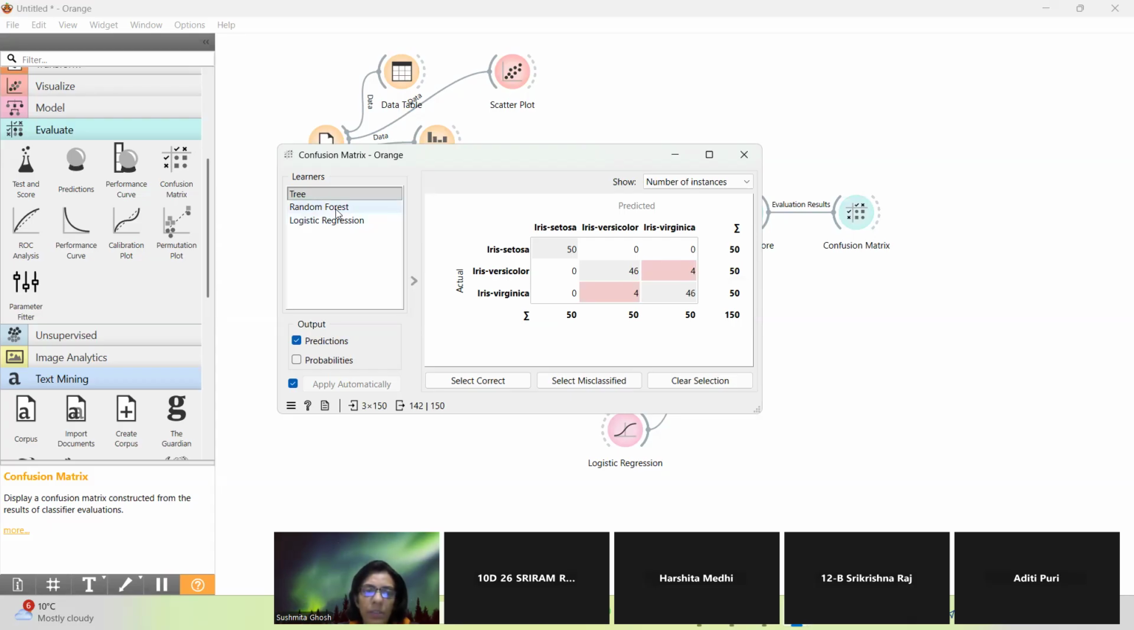Now let's see for random forest. Random forest में भी सेटोसा was all prediction correct. आइरिस में यहाँ पे मेरा थोड़ा रिड्यूस हो जाता है, वो 46 और 4 था, 4 गलत एंड 46 करेक्ट। यहाँ पे it is 47 करेक्ट एंड 3 रॉन्ग, and the last one is same as tree, 4 गलत एंड 46 करेक्ट।